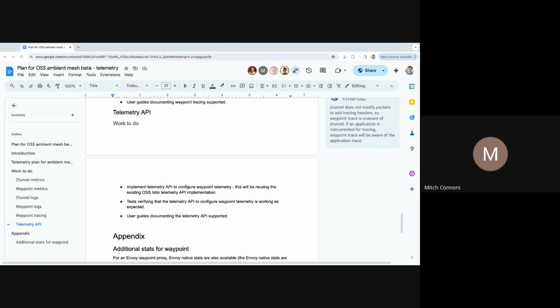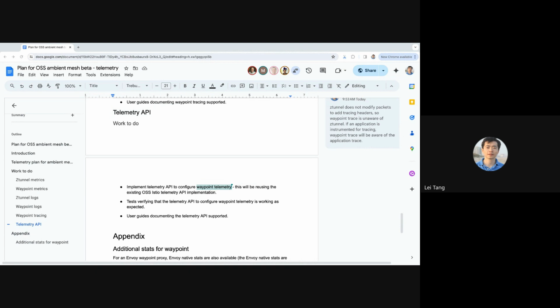Leigh, I have just one question about towards the end of this document, and it may just be that I'm not well informed. Under telemetry API, it says that we need the telemetry for the waypoint telemetry. Does telemetry API not apply to ztunnel telemetry as well?